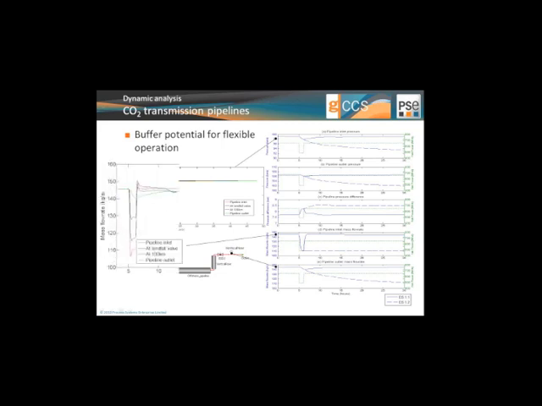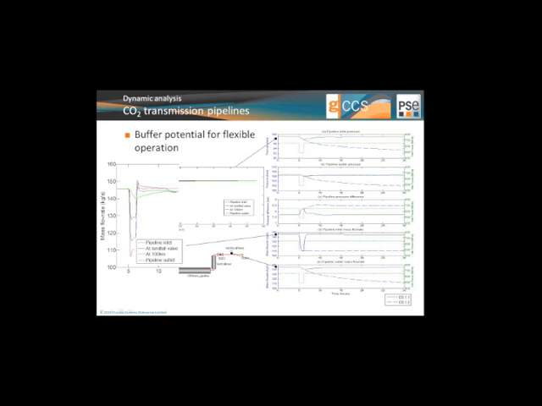So if I maximize this plot, we can see that at the pipeline inlet there is a substantial change in mass flow rate, but this is dampened down as we move along the pipeline and up the vertical risers. So at the end of the day, at the pipeline outlet, the change in mass flow rate that we see is about 4% of the initial mass flow rate, and this actually speaks for a substantial buffer potential on the pipeline side, even though we're looking at a supercritical dense phase system.